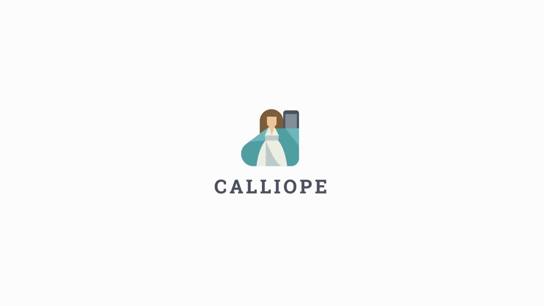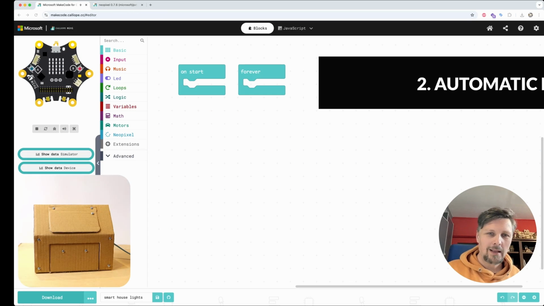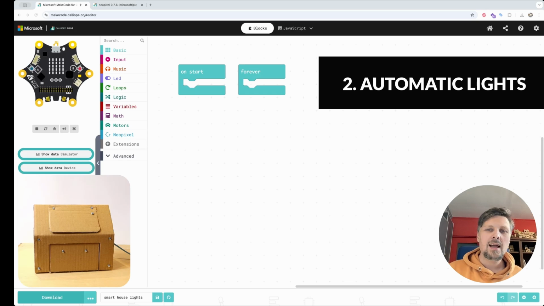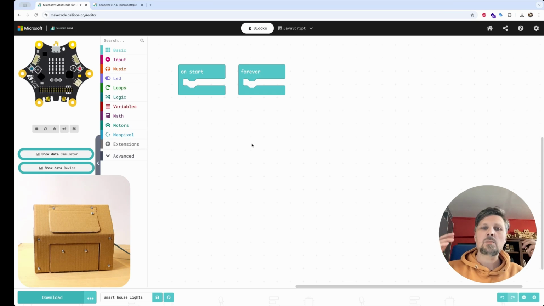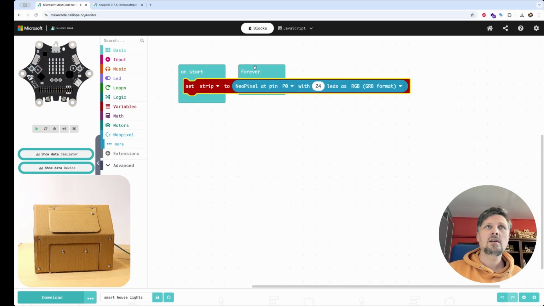Project is powered by Calliope Mini. Now lesson number 2 is automatic lighting. I want the lights in my house to turn on automatically when it gets dark and turn off automatically when it gets bright. And again, my lights are controlled by the NeoPixel module, so I initialize it on start, set